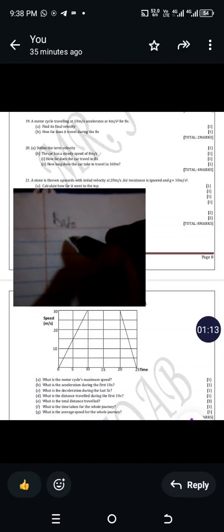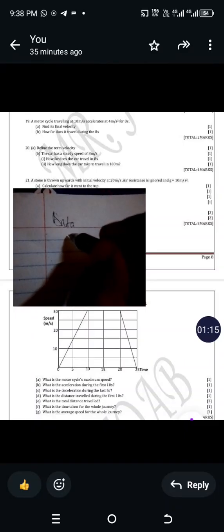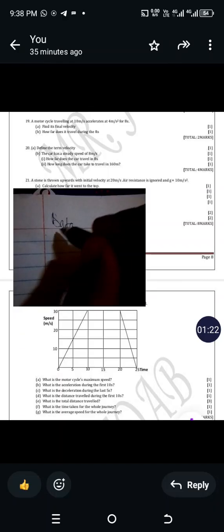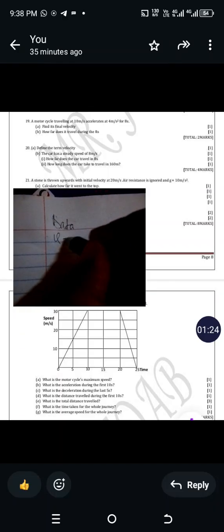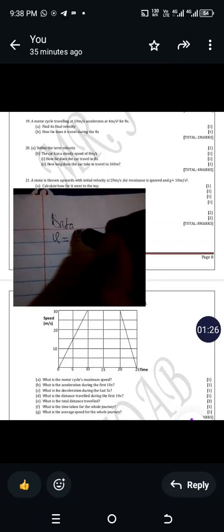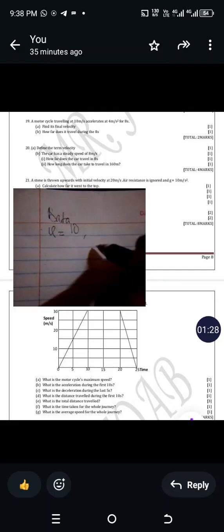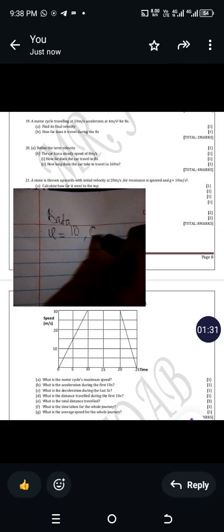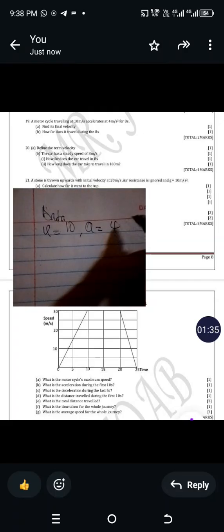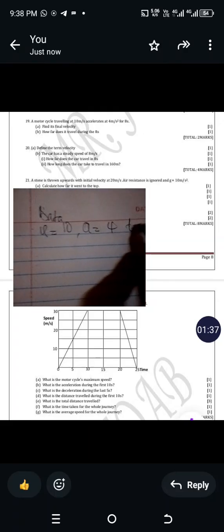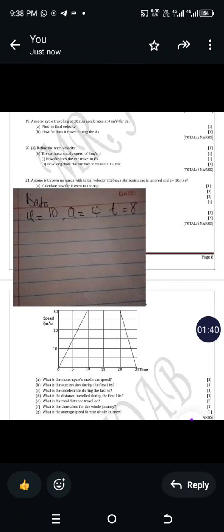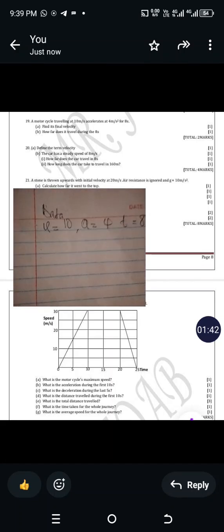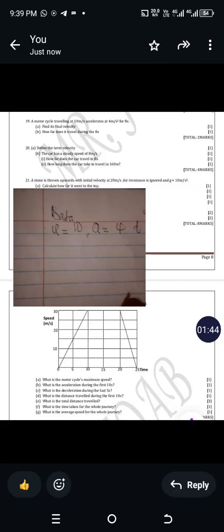So we have our final velocity. I know we have our initial velocity because they want the final velocity. So we have our u, which is 10. We have our acceleration, which is 4. Then we have our timing, which is 8. Okay, so